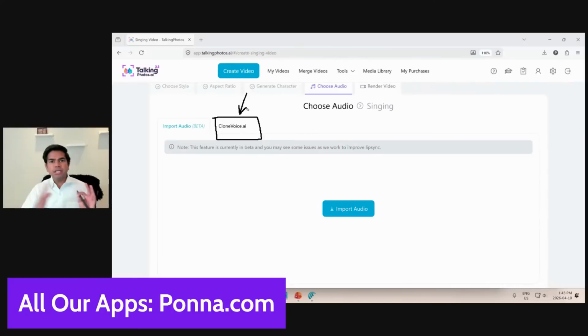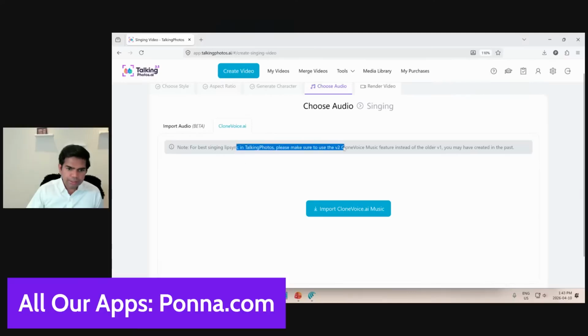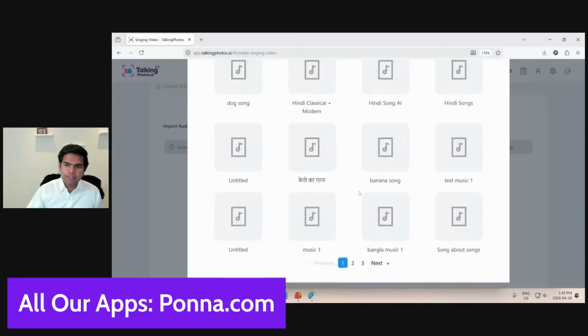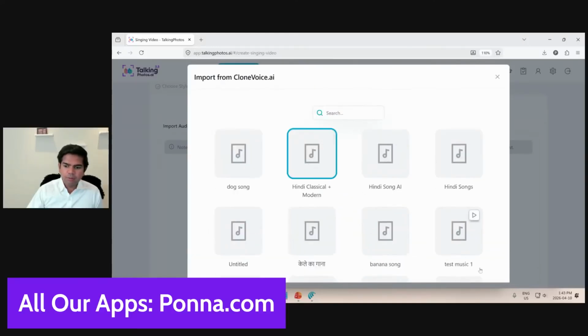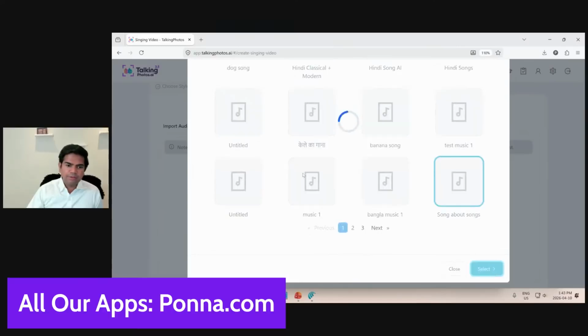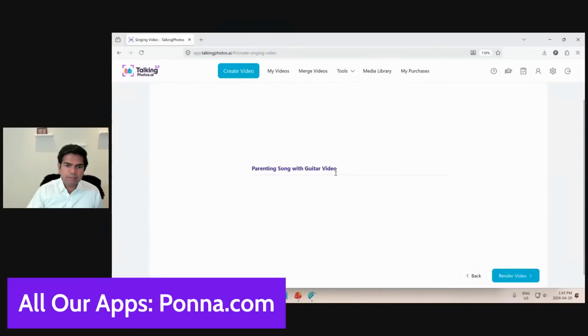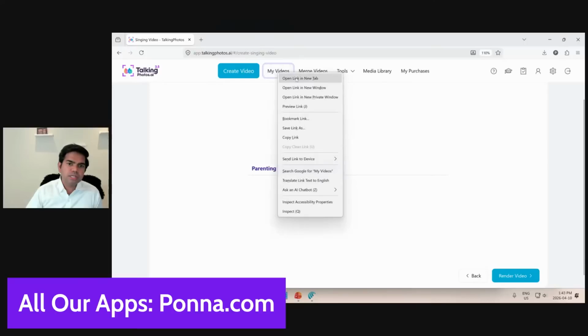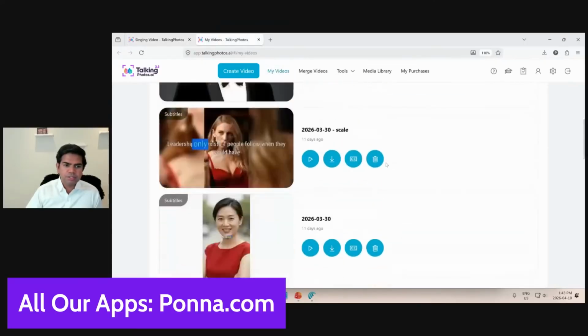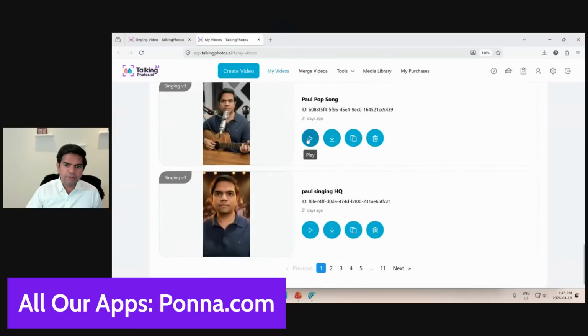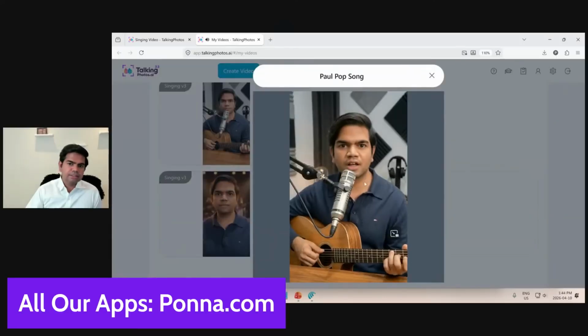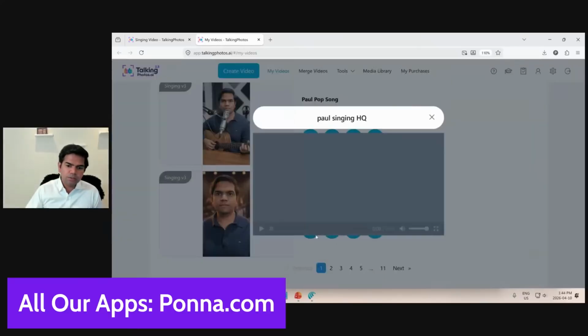So the music that you generated previously is going to appear right here. You understand? You can click on import CloneVoice music and it'll all show up here. You see all these songs here, and modern song, whatever. It doesn't matter, you can just select whatever you want. Then you can go in and create a completely fully lip synced music video using this process. You can create a song with the lip sync in any language you desire. Now this is with the instrument, and you can do it without, like so,